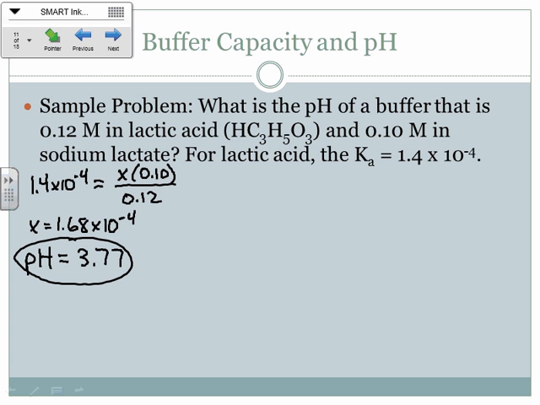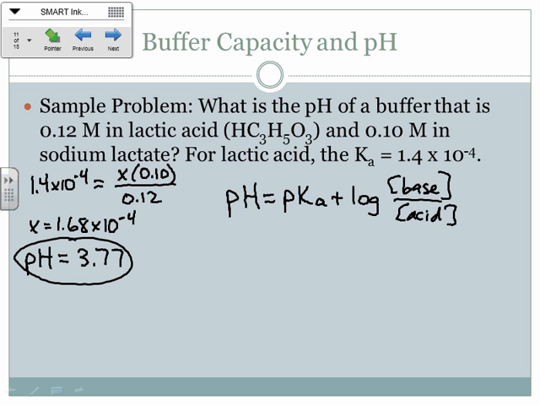Then you can use the Henderson-Hasselbalch equation. pH equals pKa plus the log of base concentration over acid. All right, so my pKa is equal to the negative log of my Ka. So I take the negative log of that number. Gives me 3.85